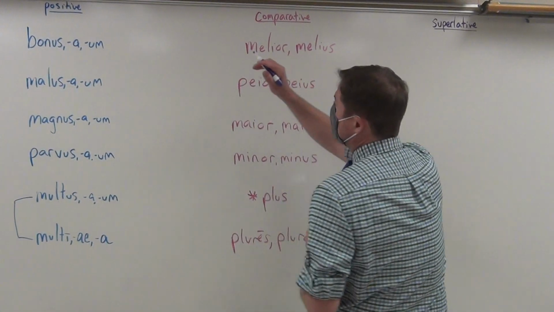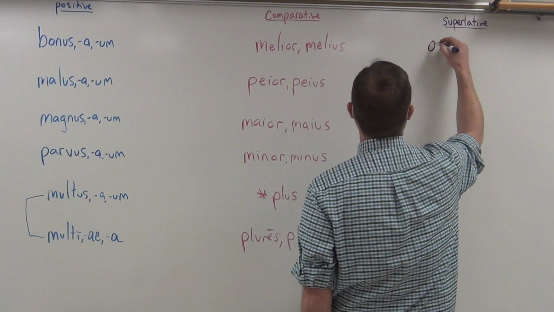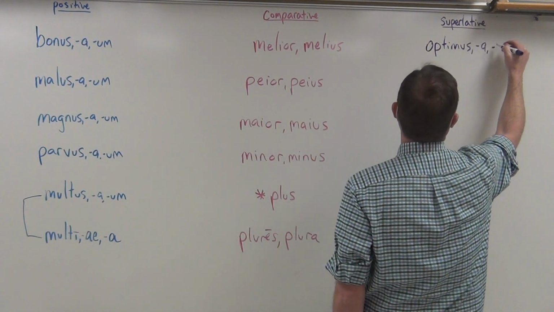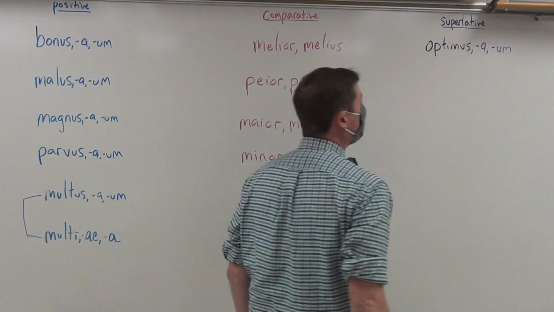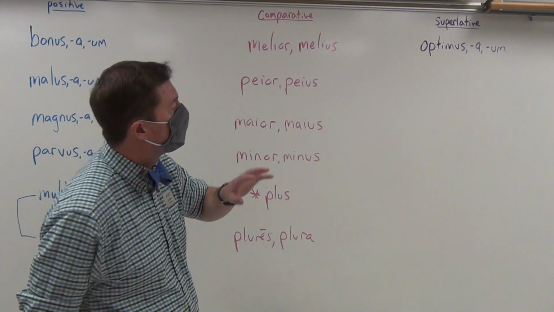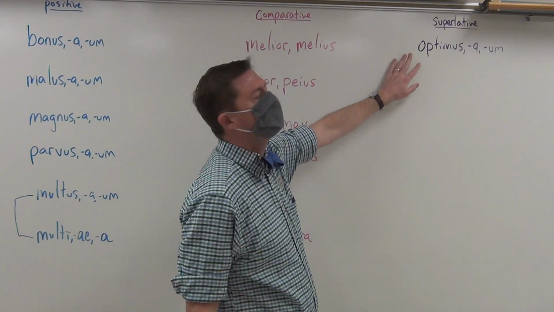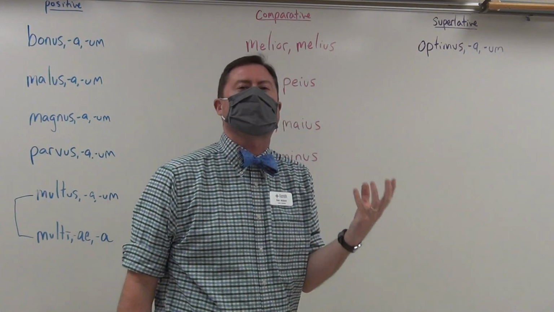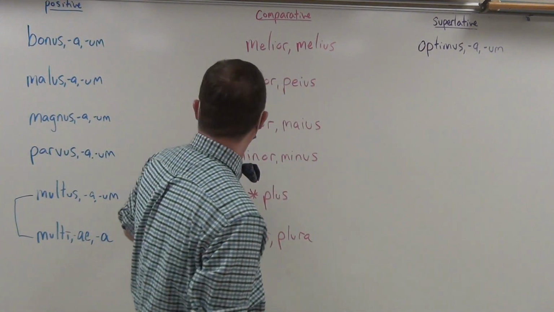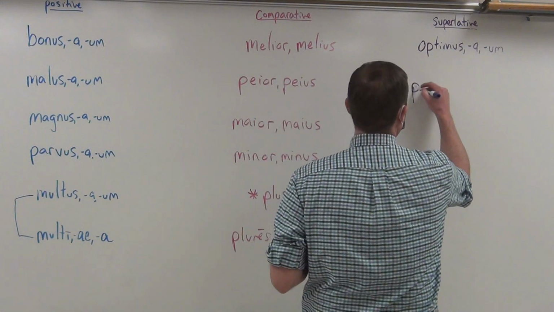And so, good, better, and then the word for best or very good is optimus, optima, optimum. So, that is good, better, and best. Please do not put bonissimus, that'd be the goodest. Don't even put optissimus, that'd be the bestest. And you don't want that. It's optimus, best. Bad, worse, worst would be